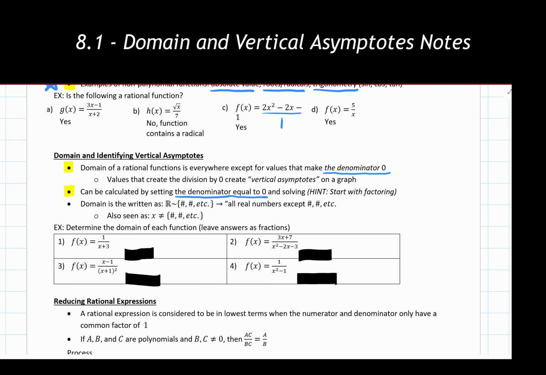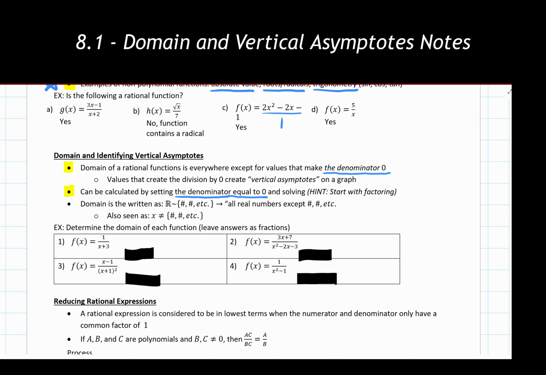Now, when we actually find the domain, there are a few ways you can write this out. We can write this using the double R that we saw in our previous sections relating to functions. Then we list the specific number or numbers that we cannot use. This whole statement is the same as saying the domain is all real numbers except for the numbers listed here, which are the specific domain restrictions, or numbers that we can't use. You are not required to write it this way for my class, but you may see it written this way in textbooks or in other classes.